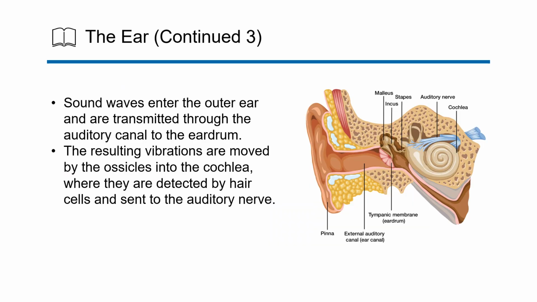All right, let's continue with the anatomy of the ear. So let's talk about the outer ear and the auditory canal. So again, when sound waves, like someone's voice or music, enter the ear, it first goes through the outer ear, which includes the part of the ear flap that you can see, right? And the ear canal. So it captures the sound waves. Think about a radio telescope, that big old dish that captures radio waves.